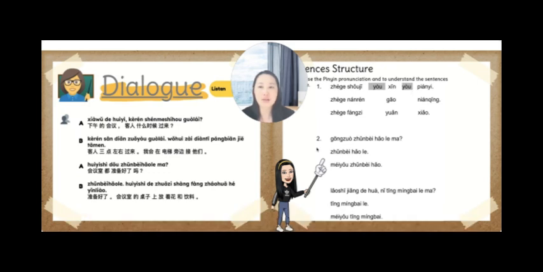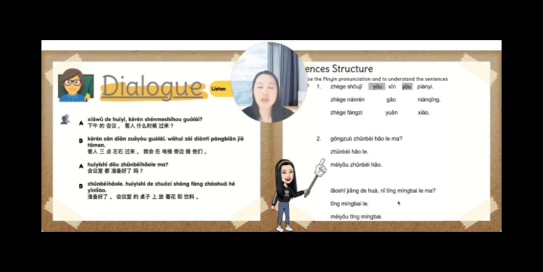Alright, so let's take a look at the second set. Please read along with me. 工作准备好了吗？准备好了。没有准备好。老师讲的话，你听明白了吗？听明白了。没有听明白。So when we learned the dialogue, we talked about the word 明白, which is a new resultative complement